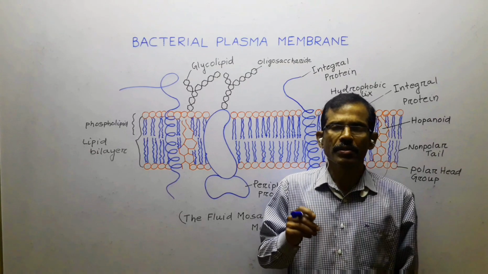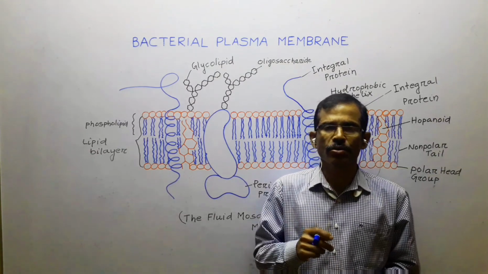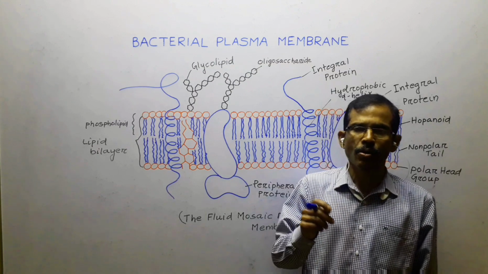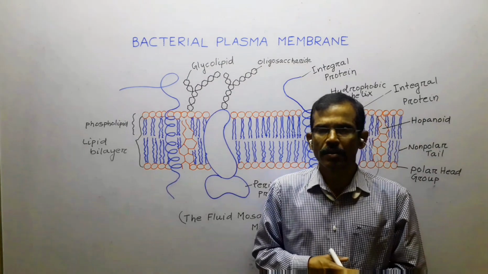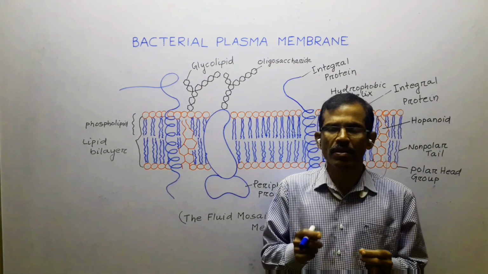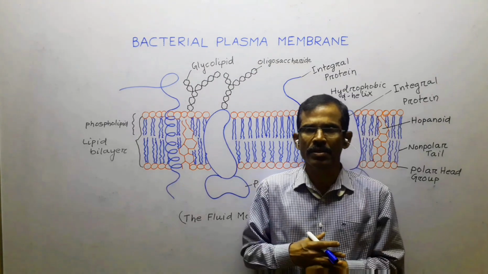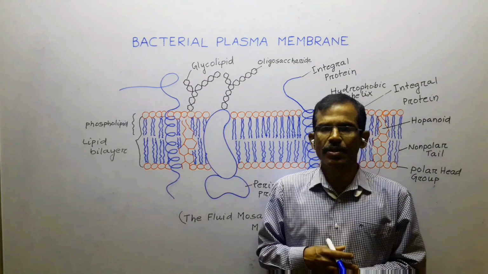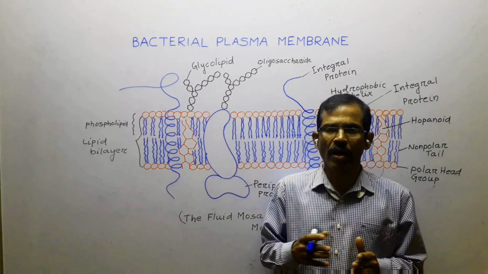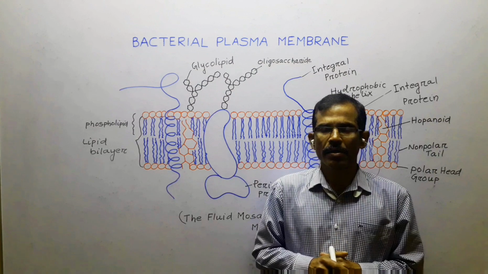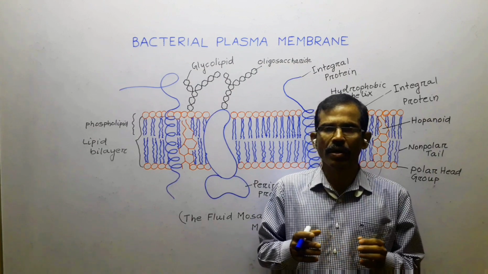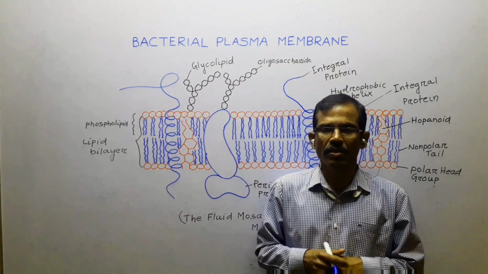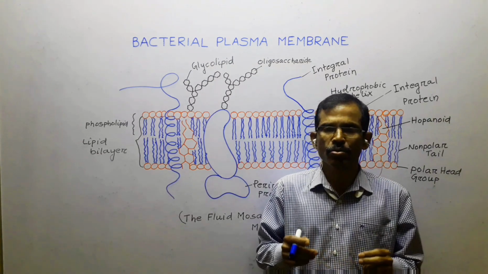Like the eukaryotic cells, bacterial cells also possess an ultra-thin, elastic and living membrane known as plasma membrane. Plasma membrane is absolutely required for all living organisms. This membrane protects and separates the cytoplasm from the external environment. This membrane is considered as a highly organized, asymmetric, dynamic and flexible structure that performs many roles which are vital